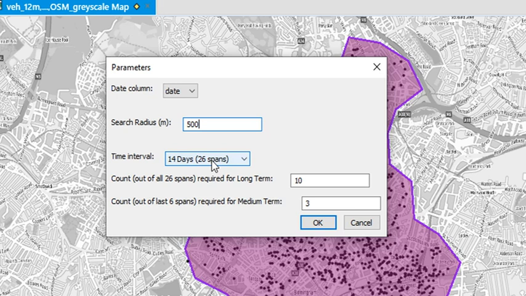Now, if your area doesn't have a lot of data, so you're looking at a quieter area, you can instead choose to make your time interval 28 days or a month, but it's a 4-week month, not a calendar month, so you end up with 13 spans. So depending on how much data you've got, I'll run this one for each fortnight, so out of all 26 spans,